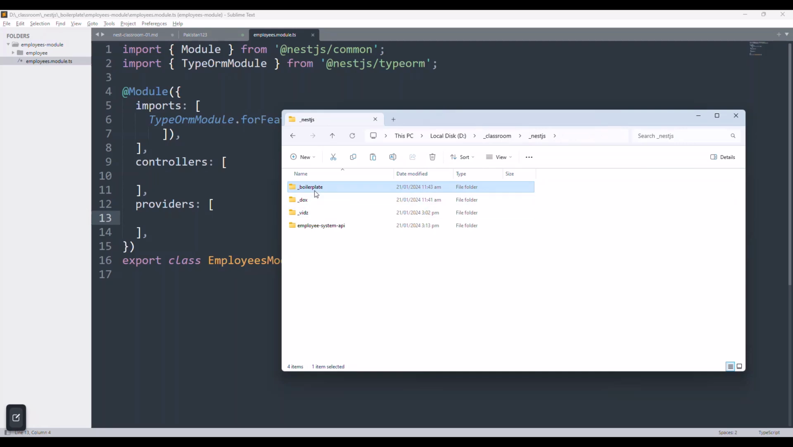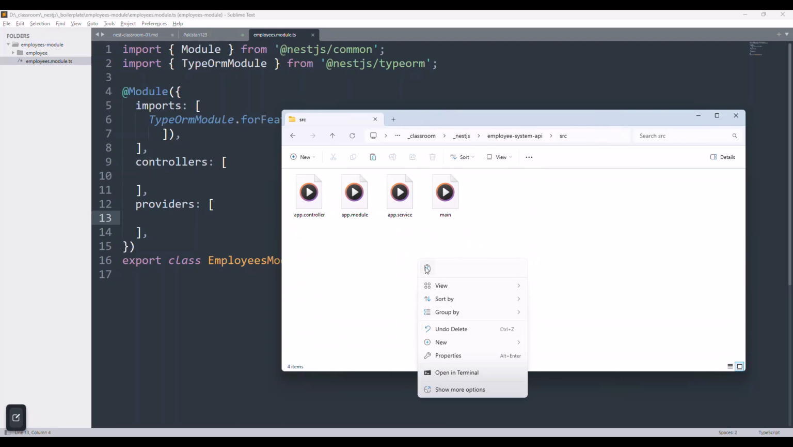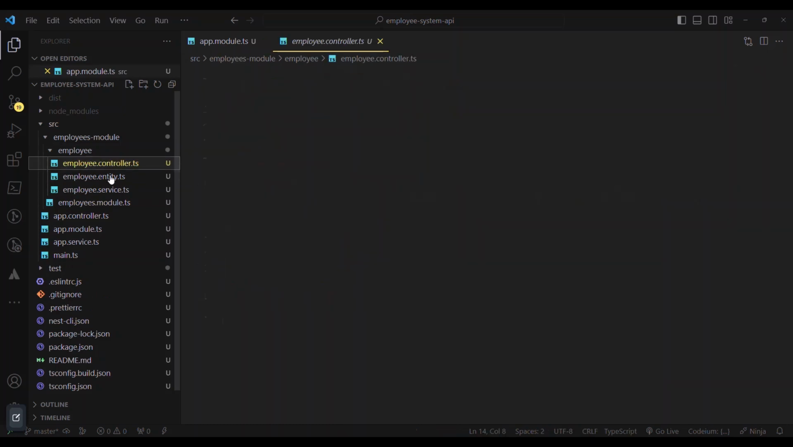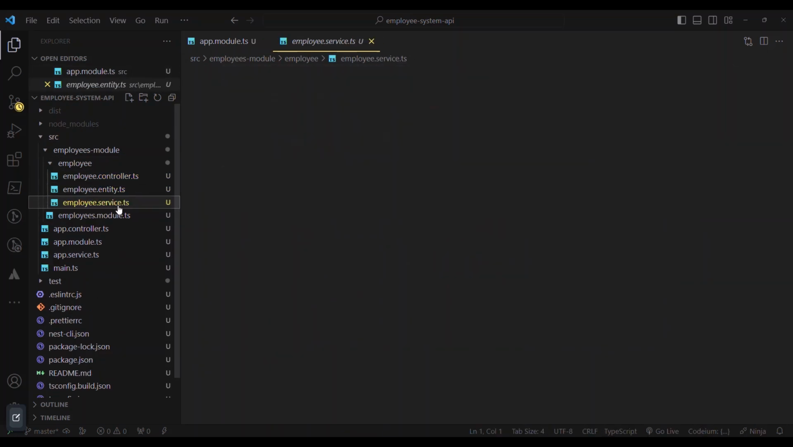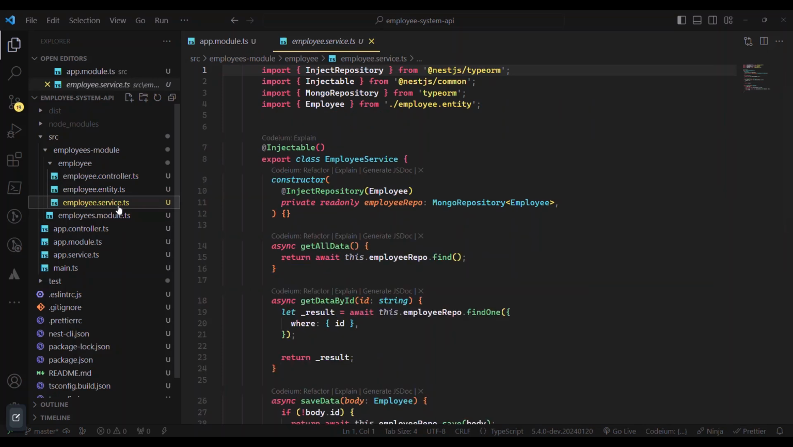Now, the employee module would be available. You can see that. This is the employee module. In the employee module, we have an employee controller, employee entity, employee service. These 3 files are required for the development of the API. I have defined the functions and each and everything for you. You just have to copy and paste, and you have to register this employee module in your app module, because app module is the main module. So here, in the imports array, I will import the employee